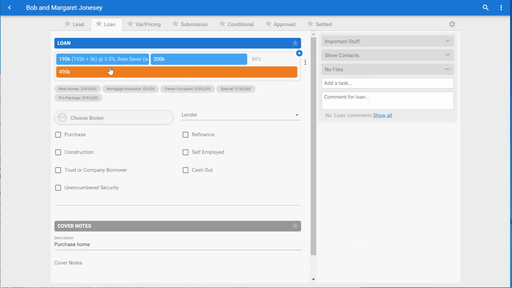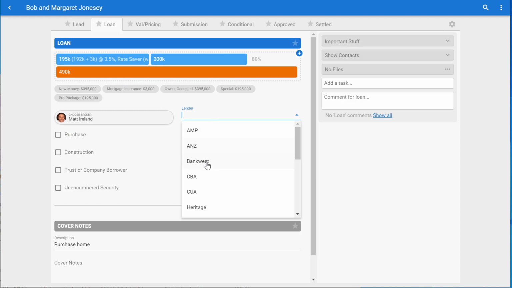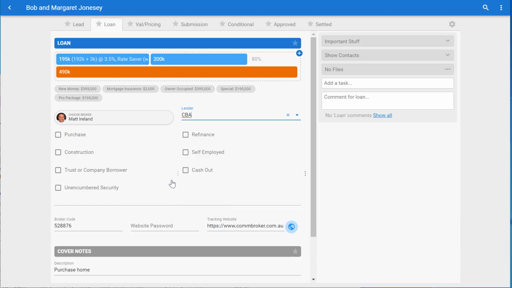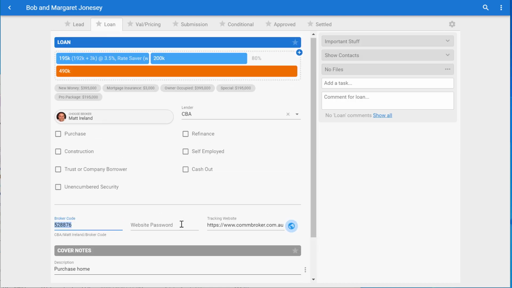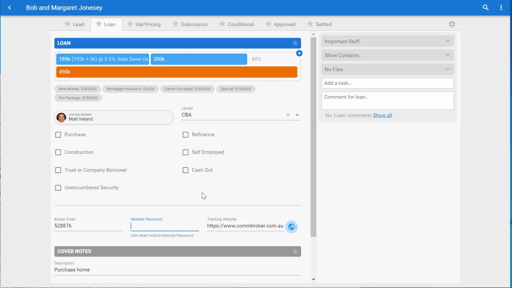For your loan structure. The broker, obviously, once you select the broker and the lender, you will start to get some information come through automatically, like this broker code and websites and stuff like that. Anything you put in here, it will remember for next time, and so all those passwords and everything are saved against that particular broker and